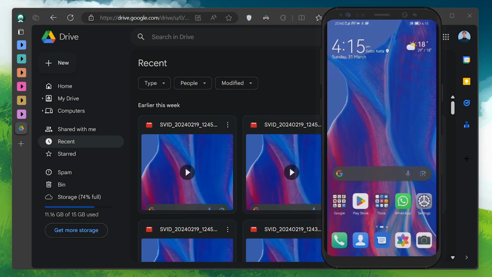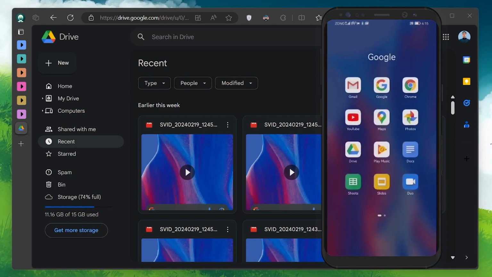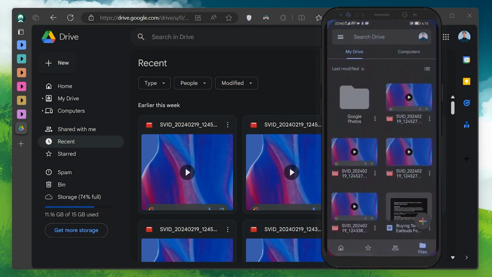Starting with the wireless method, it's a convenient way to transfer files without the need for cables. This method requires you to have access to cloud storage services on both your devices. While there are many options out there, Google Drive comes highly recommended due to its ease of use and integration